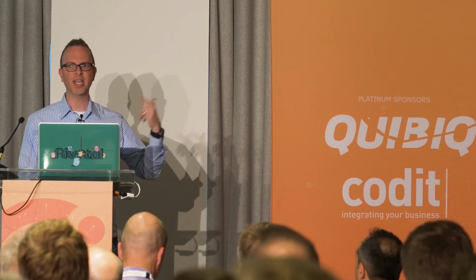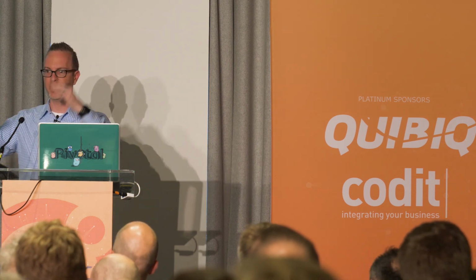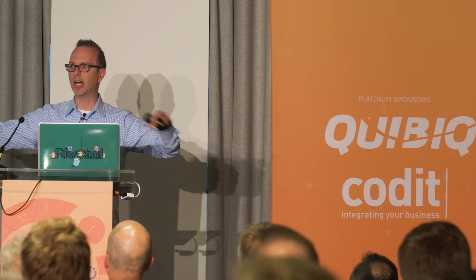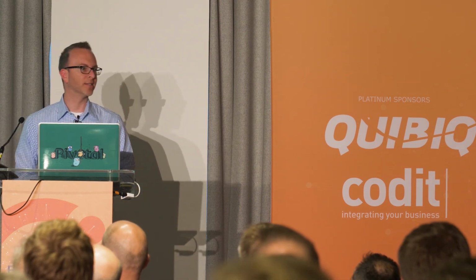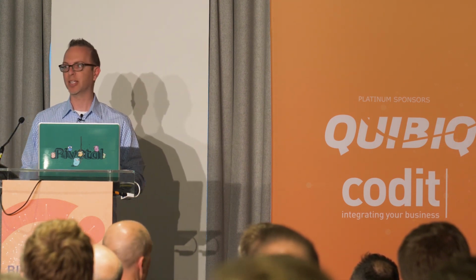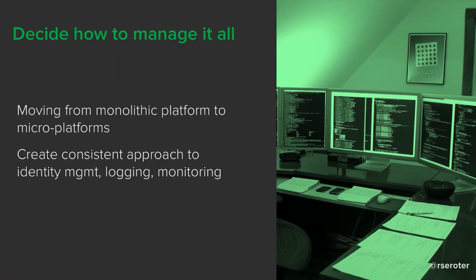What if there's some zero-day exploit in an operating system and we have VMs nested in all kinds of different accounts and different groups? How do I force that to patch? So can you at least pick a few areas you have to be consistent on? Like identity management, you have to start there, right? You can't have separate identity management strategies for all your tenants in your account. That's going to be chaos. So how do I at least pick a few things that have to be the same?